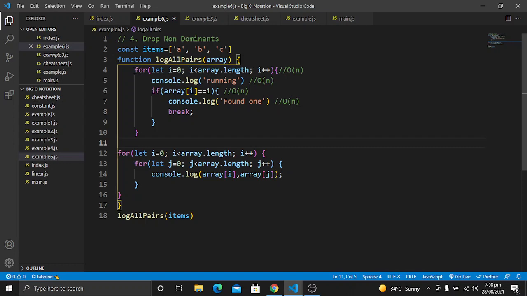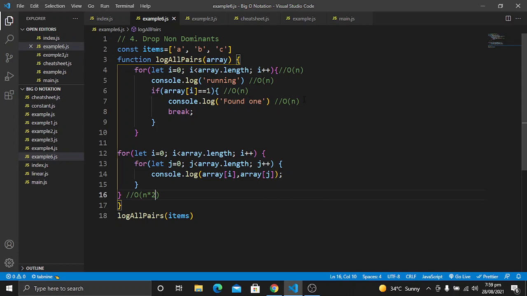As you will see, we have one for loop here and then this nested for loop here. Now you can clearly understand that the big O notation for this for loop is going to be O of n, and the big O notation for this nested for loop is going to be O of n square.